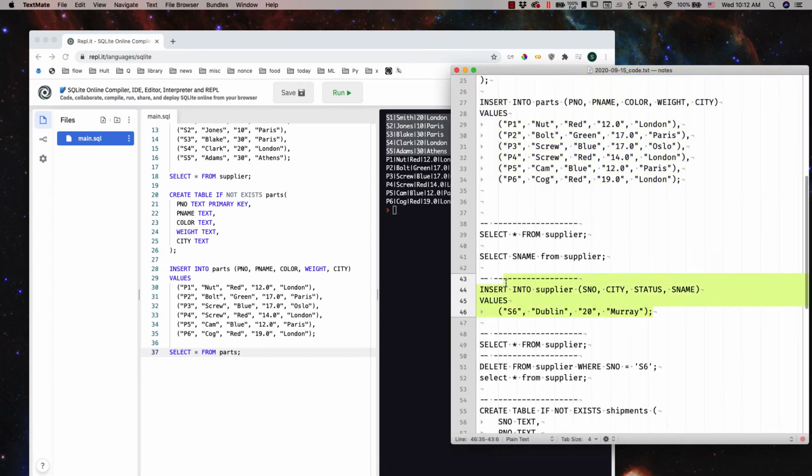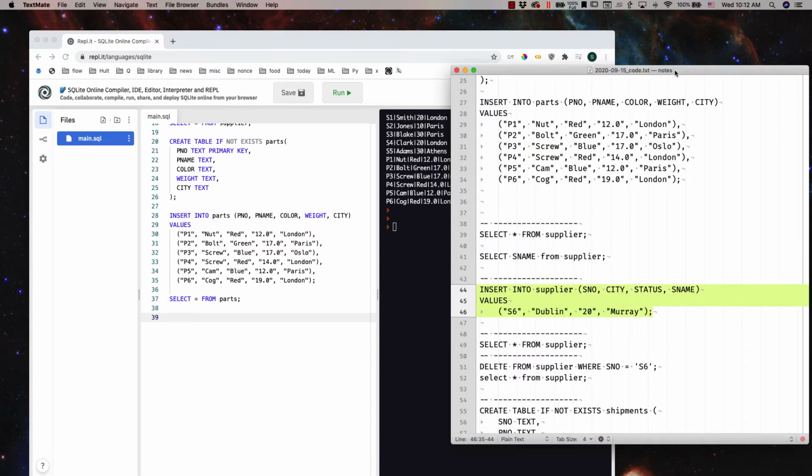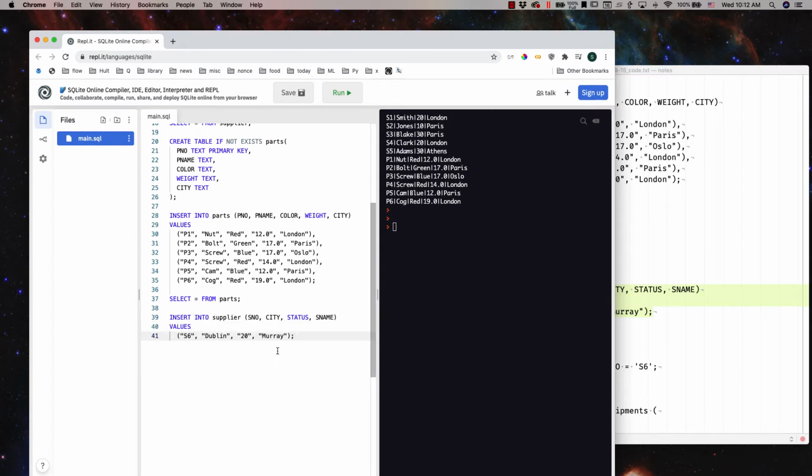Suppose we add another supplier. I'll copy this, insert into supplier, information for a supplier in Dublin named Murray. So this will insert into the supplier table in the following order: